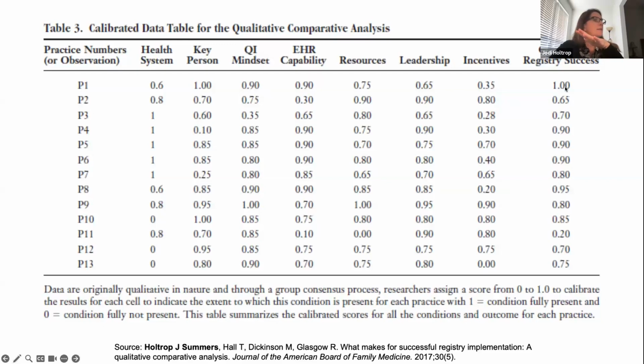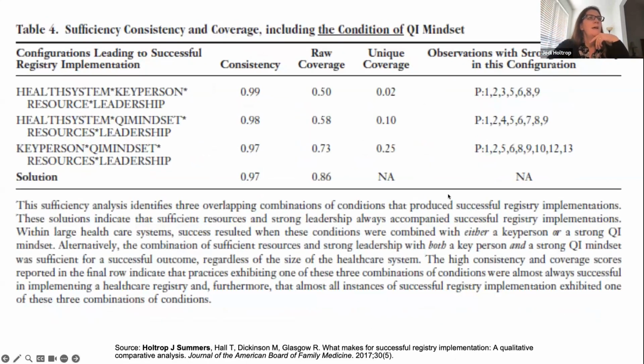So you can see this practice was great. And then the next one down had a 0.65. So they didn't have great success with implementing their registry. This one down here, P11, was really not so great. This is a fuzzy set, which means that we used not 0 and 1, we used a range between 0 and 1. And then you do an analysis, and there are specific programs that you use to do this analysis,